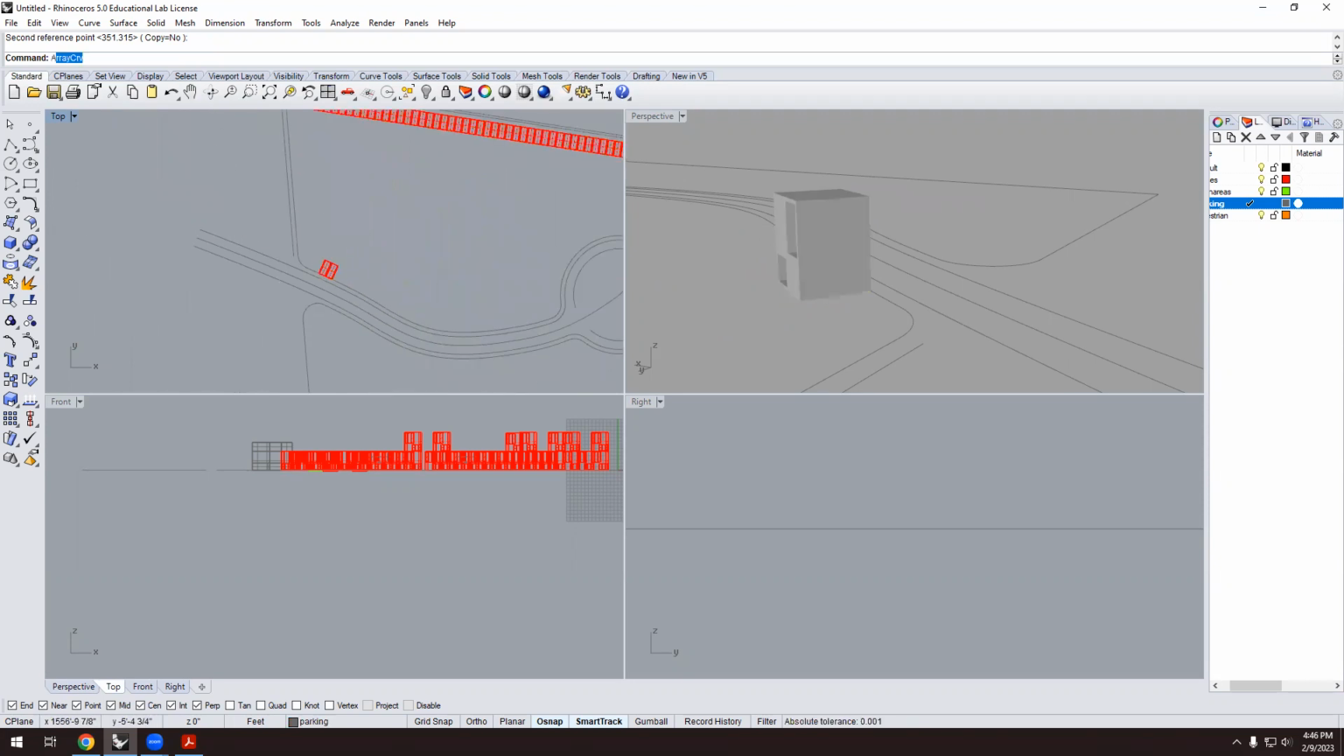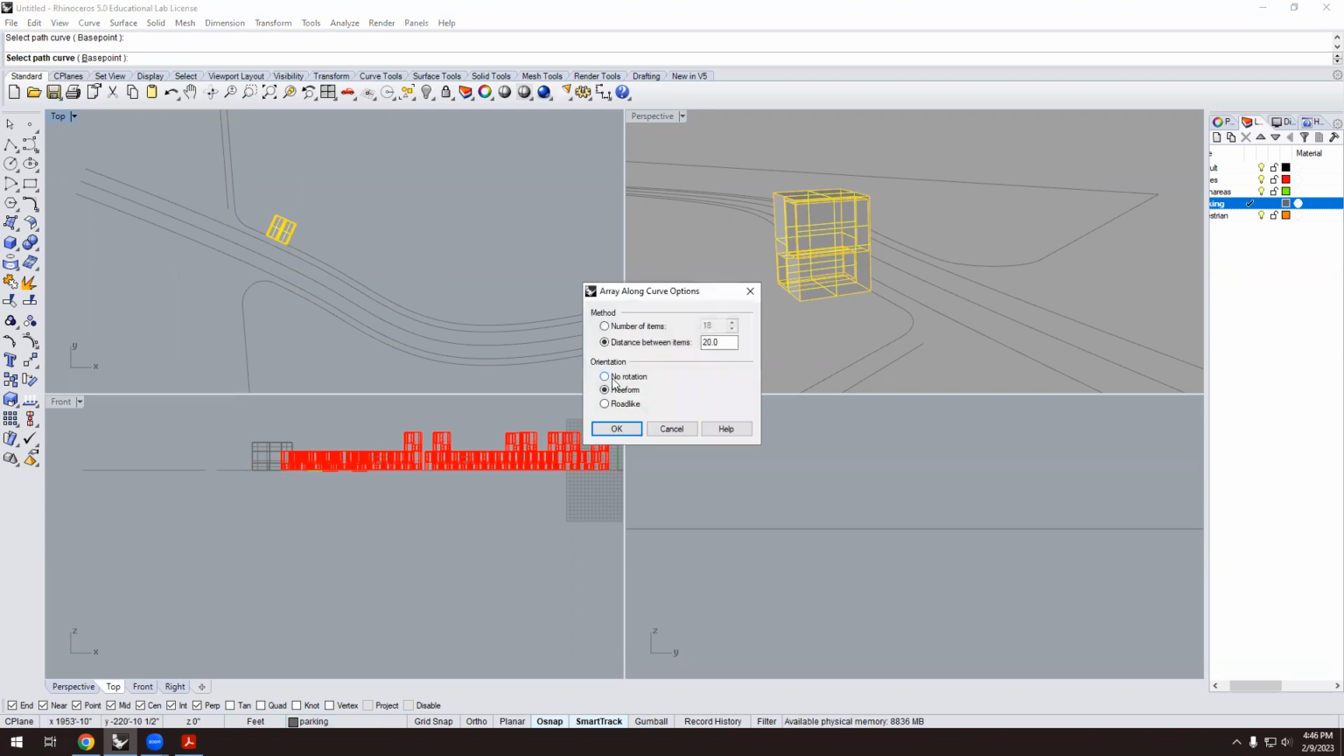So I have to type array, but array CRV, array curve. Okay. Now we have to select the curve and select path. No, this is the array curve. Select objects first, enter, select curve, this one. And now you have this, when we have a curve, and we have to be careful because if it's a straight path,